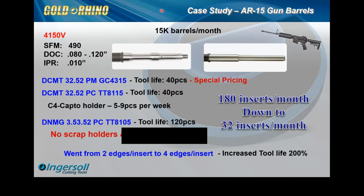Awesome. Thanks, Rich. And just a couple things I want to point out here. We get used to looking at the Rhino inserts on a negative, C and MG or D and MG, but we can also look at some positive inserts here to apply the Gold Rhino, depending on whether it's roughing or whatever, to get more cutting edges. So this was a great example here. Yeah, it's a positive insert, and then we apply the Rhino in there to get the 2 extra free cutting